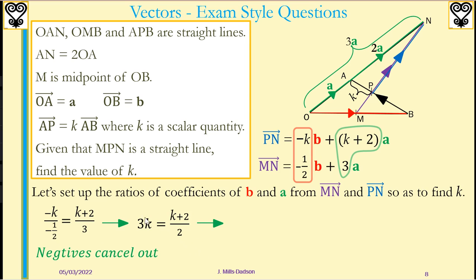You can cross multiply and have 6K equals K plus 2. Then you group the K's by subtracting K from both sides. So you're going to have 5K equals 2. Then you divide by 5, and K will be equal to 2 over 5. So this is similar to a question we solved in lesson 5, where we have the outcome to be numbers, so we're able to just spot what is missing. But here we have an expression, therefore you need to learn how to create an equation. So K is 2 over 5. Let's look at